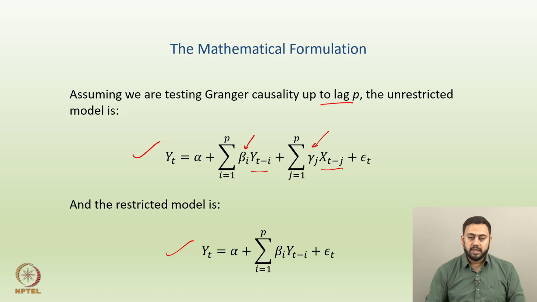Okay. So, again just to summarize, if the model is unrestricted, then there should be more than two coefficients, so alpha, beta i's and gamma j's, but if the model is restricted, then yt cannot depend on the past values of xt's, right. So, in this case we should have a much more simplified regression structure where alpha and beta i's are the only set of parameters. Okay.